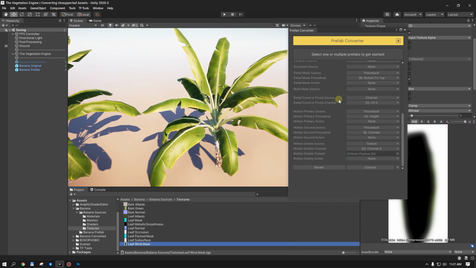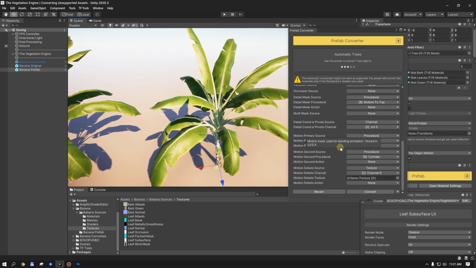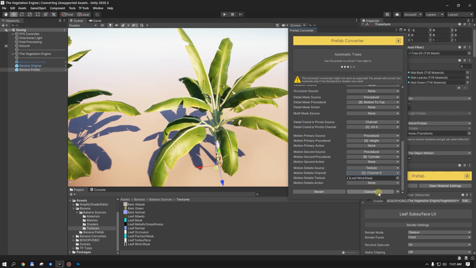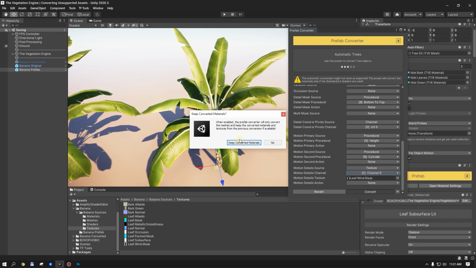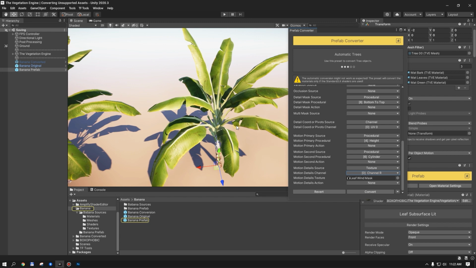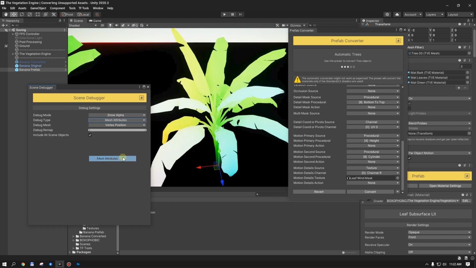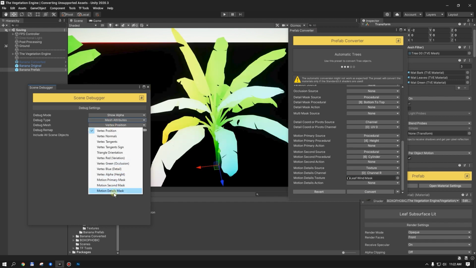Okay, and let's go back. And let's choose this leaf wind mask, and we can choose any of the channels because all the channels are the same. Okay, and convert. I will again keep the converted materials because I don't want to tweak them again. Okay, let's convert them, and now if I open the scene debugger again and check the detail mask,